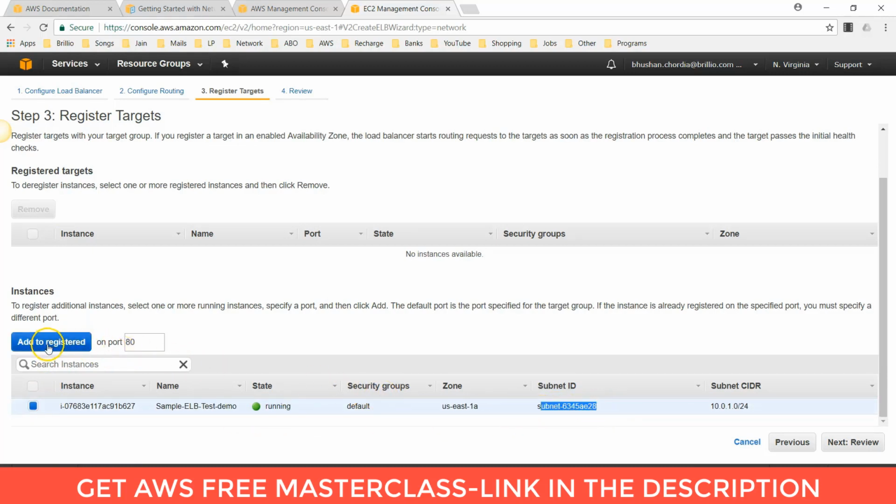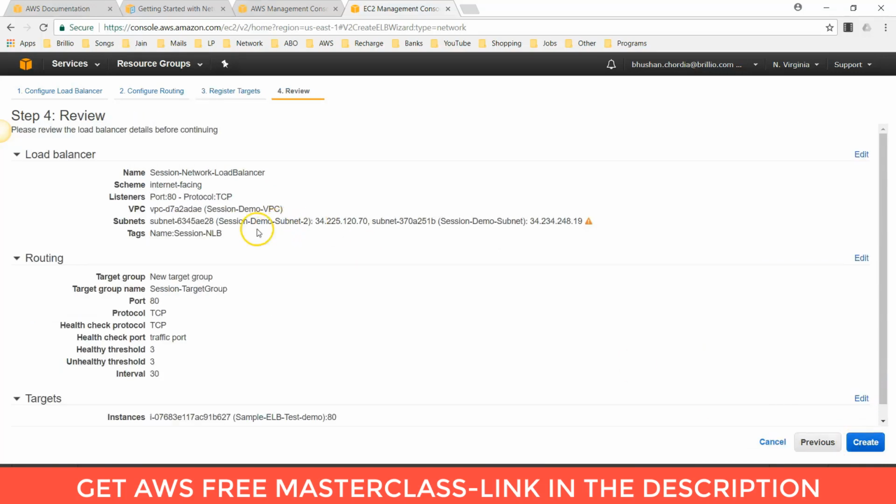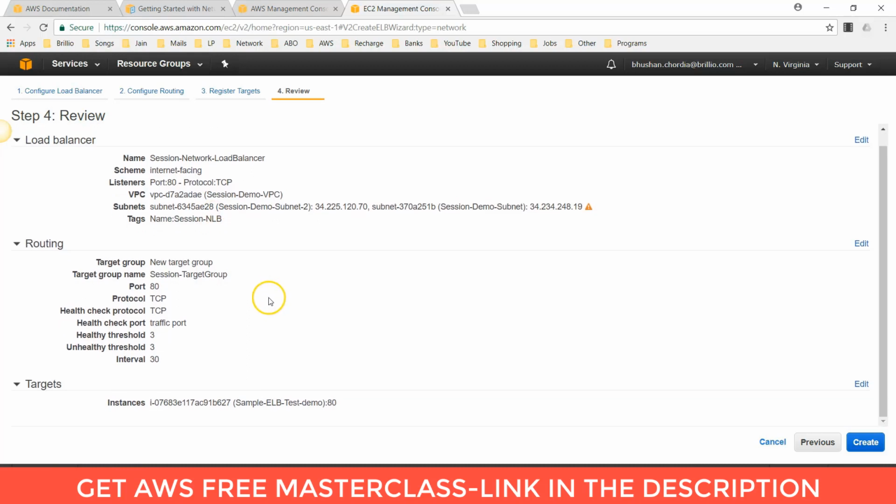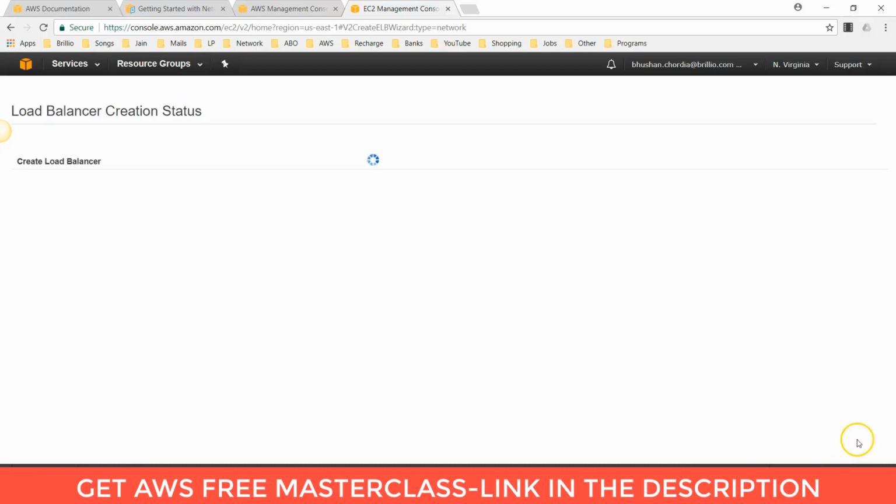So click on add to registered. Here you can see that this instance is added to the target group. Click on next, review. Now step number 4 is review. So you can review the load balancer details before continuing. You can check all the details which you had given and click on create.